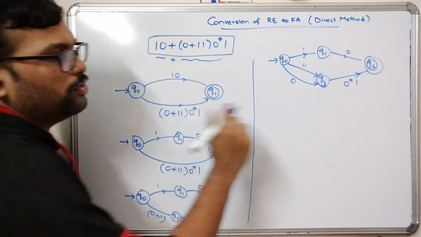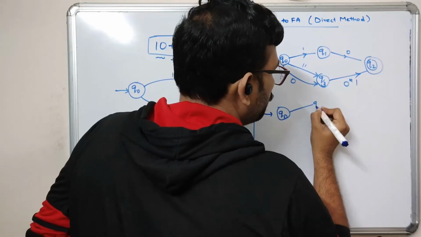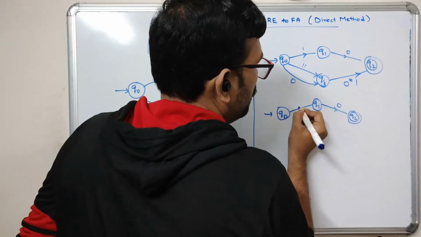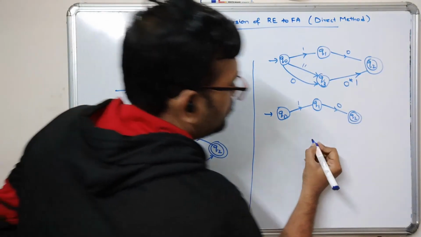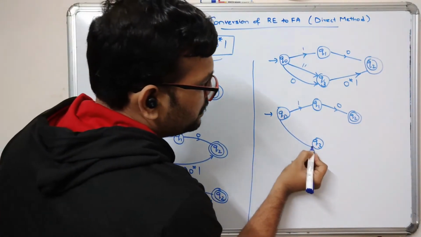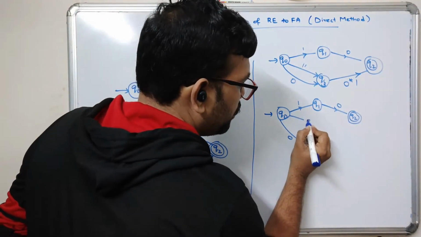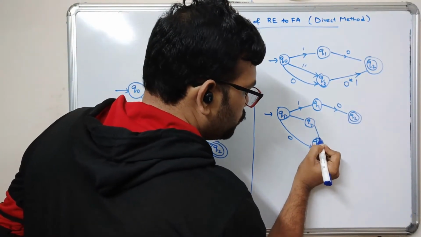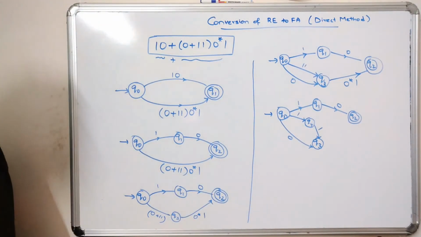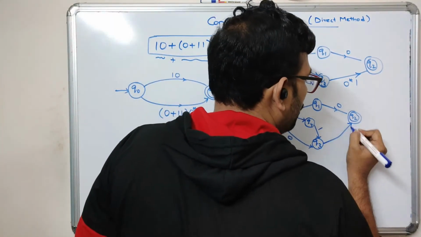Concatenation means you have to use another state. So go to the Q0, and from Q0 it moves to Q1, and from Q1 it moves to Q2 upon 0 and upon 1. Let us write here Q3, and directly there is a transition from Q0 to Q3 over 0, and again here you need to write a Q4, and from Q4 it moves to Q3, because we are dividing this 1 and 1. See, 11 is divided in this way. So Q0 to Q4 on 1 and Q4 to Q3 on 1, and again there is a transition over here with a 0 star 1.